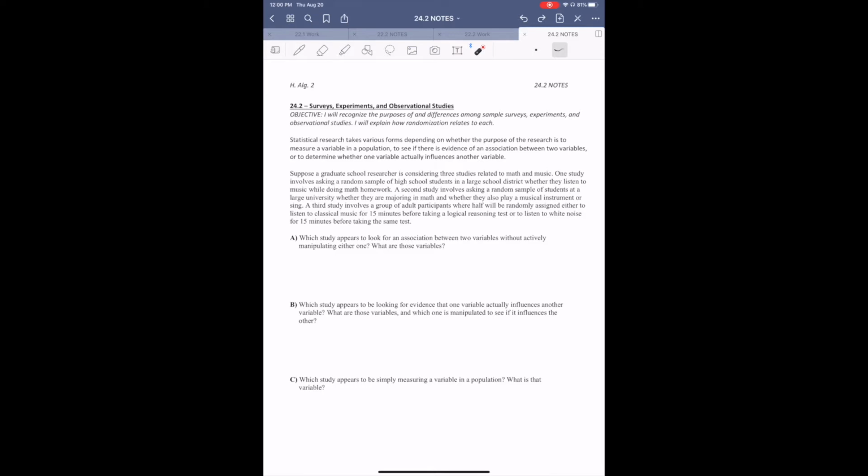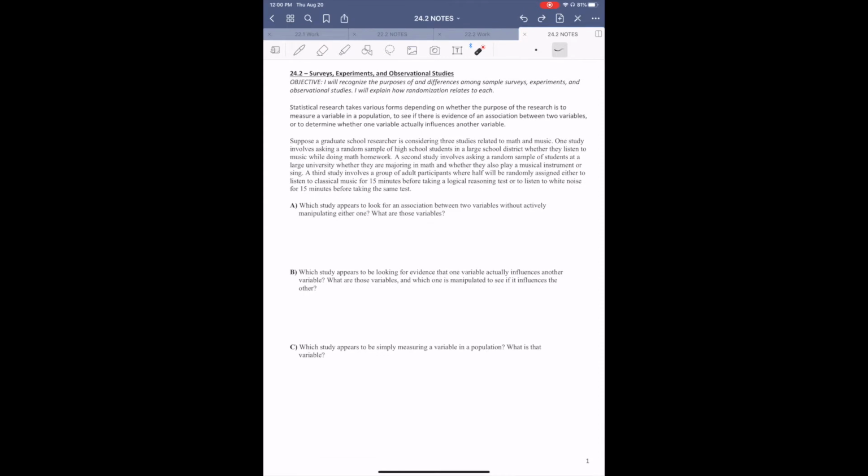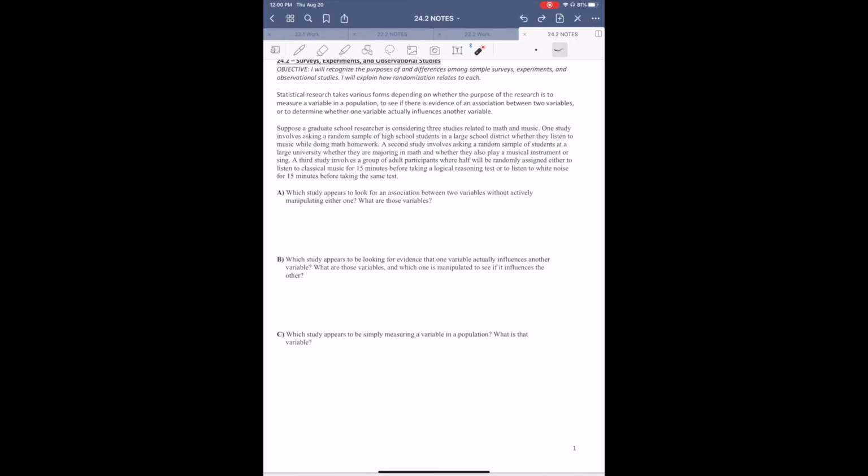A second study involves asking a random sample of students at a large university whether they are majoring in math and whether they also play a musical instrument or sing. A third study involves a group of adult participants where half will be randomly assigned either to listen to classical music for 15 minutes before taking a logical reasoning test or to listen to white noise for 15 minutes before taking the same test. So if you look at question A, it says which study appears to look for an